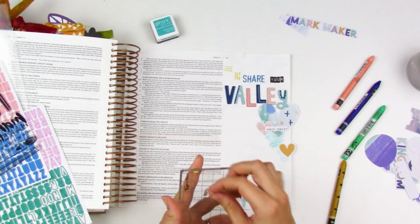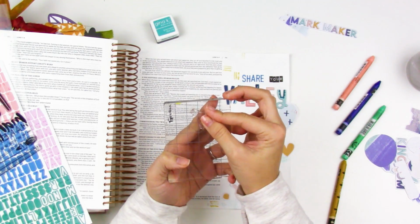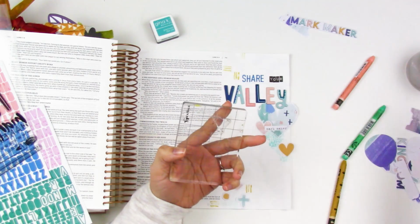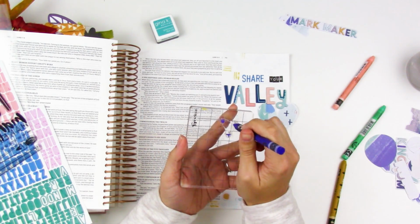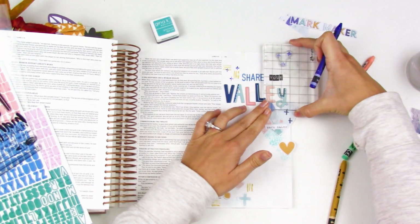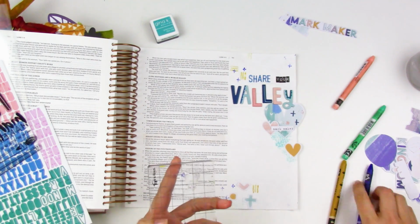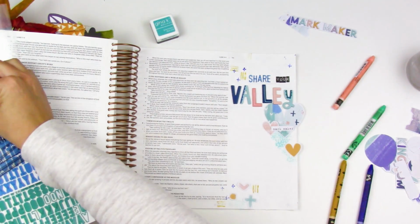They're really simple little marks, but it's just kind of fun to not have to think about the placement too much and just stamp it out. It's done. It's good to go. Like I said, it's all about the process for me. So I'm switching out and using a couple of the different shapes and then switching up the color when I change the shape. And I'm just trying to kind of keep in mind how I want my eye to move